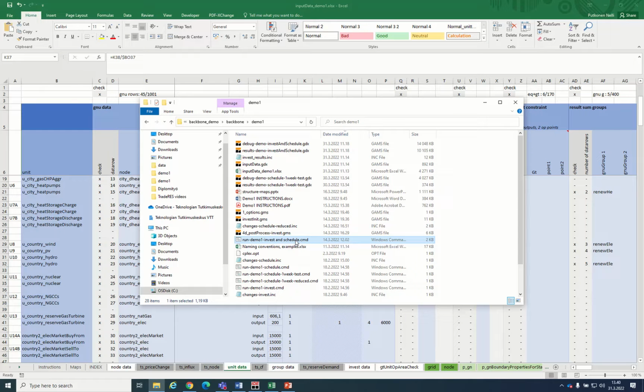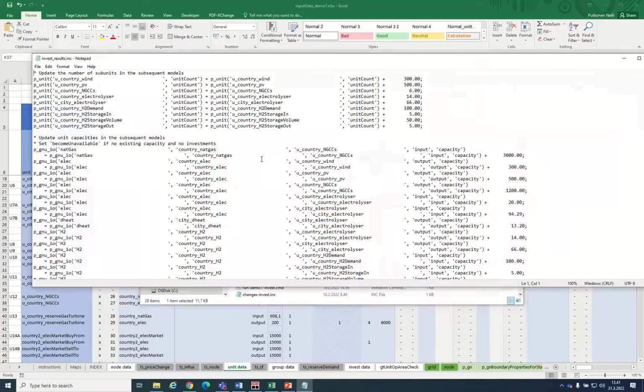the model has first optimized the capacity investments on new units and new transfer lines. The calculation is based on representative sample weeks that are selected in investinit.gms. The invest run has generated the output file investresults.inc. When we open the file, first we have the number of new subunits